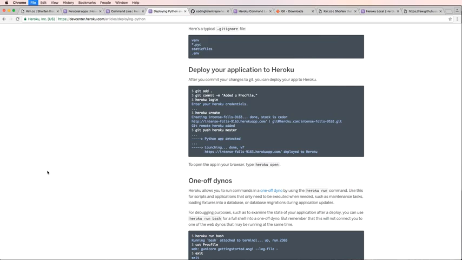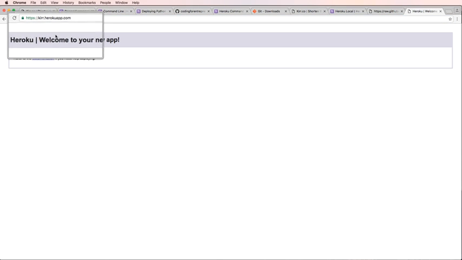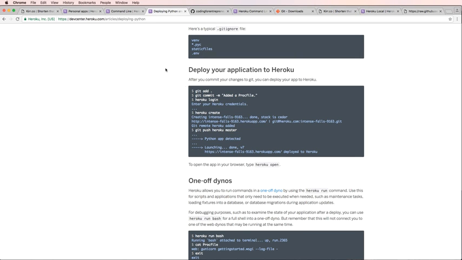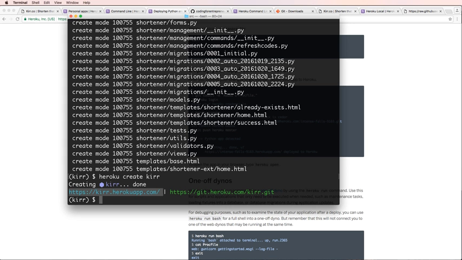I copy that and paste it in here. Cur is now my app. cur.herokuapp.com is now and forever going to be my app. You cannot take it. You could try, but it won't let you. heroku create will just give you a randomly named app. That's all. So now that I've got this, I'm going to go ahead and just do git push heroku master,